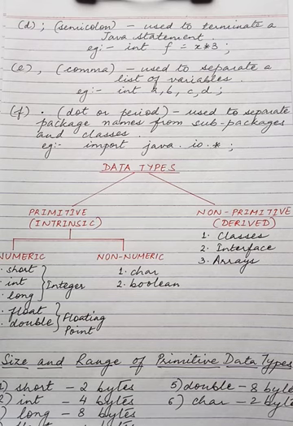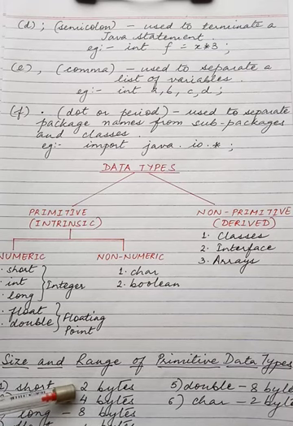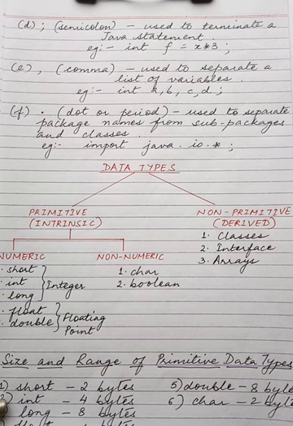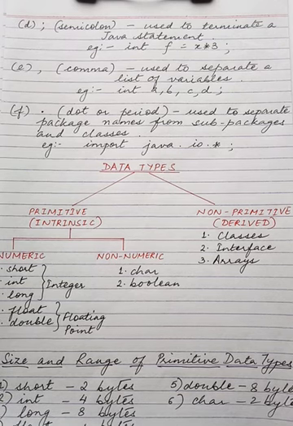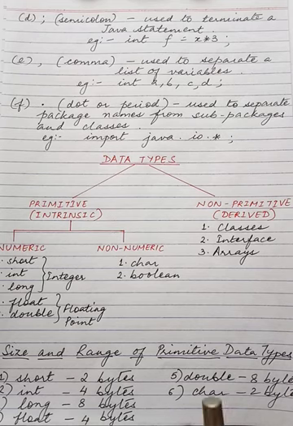The last topic which we are going to discuss today is the size of primitive data types. What do you mean by that? That means if I take a short variable, then it will consume 2 bytes of memory. This is the size of a short variable. Then integer type takes 4 bytes, long type takes 8 bytes, float type takes 4 bytes, a double variable takes 8 bytes and a char variable takes 2 bytes.